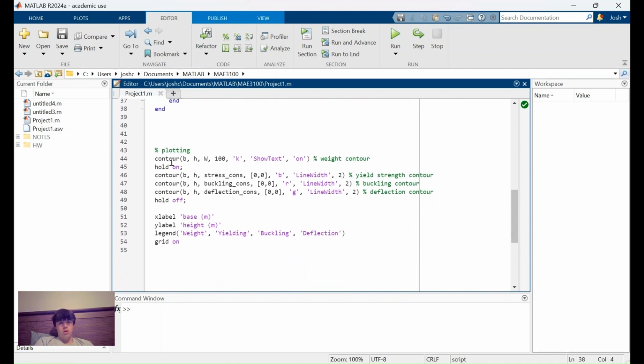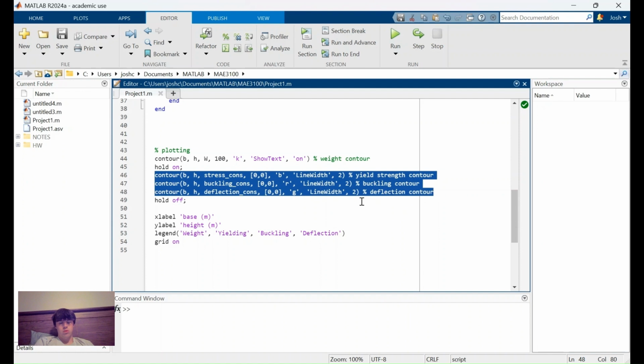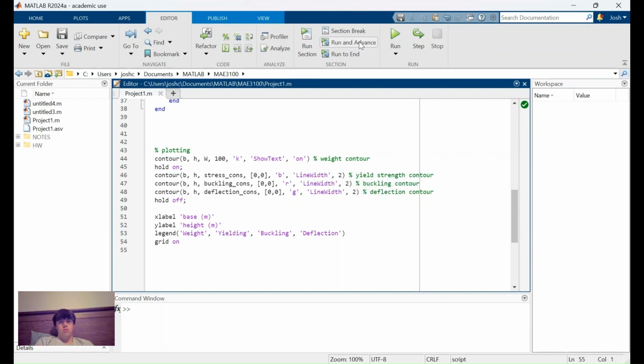And then plotting, here's our plot for our weight, and then here's our three constraint plots: your yield stress, your buckling, your deflection, and then labeling and grid, just to make the plot look good. So if I run it,